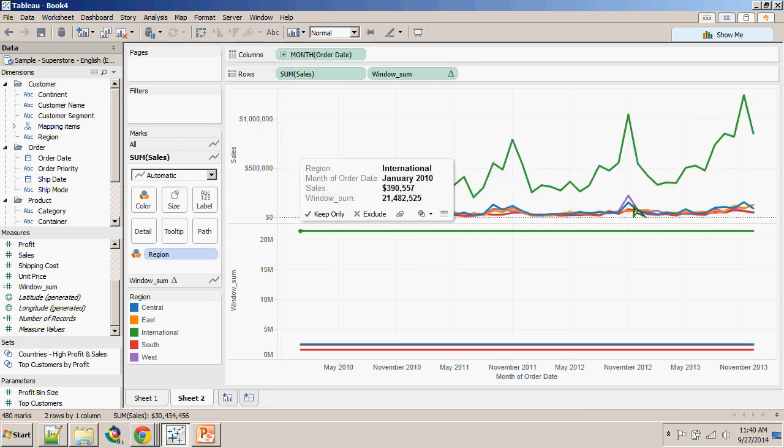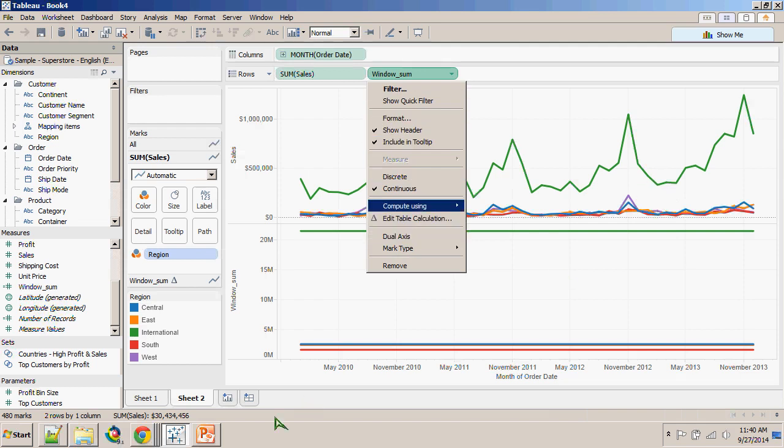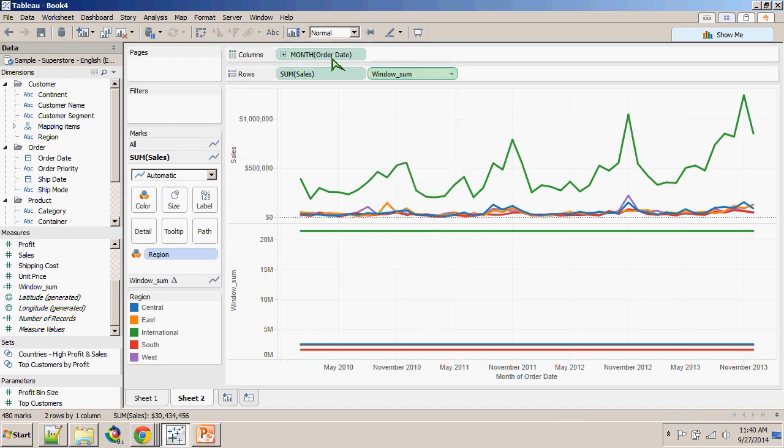And if I look at this plot here, it's plotting it at 21 million because it is set to be compute using table across. And what's on our column shelf is the month, so that's being used for addressing. And because we're using window sum, what we have on the marks card and on the row shelf will be partitioning. So we're partitioning by region to get that window sum of the sum of sales across all the months